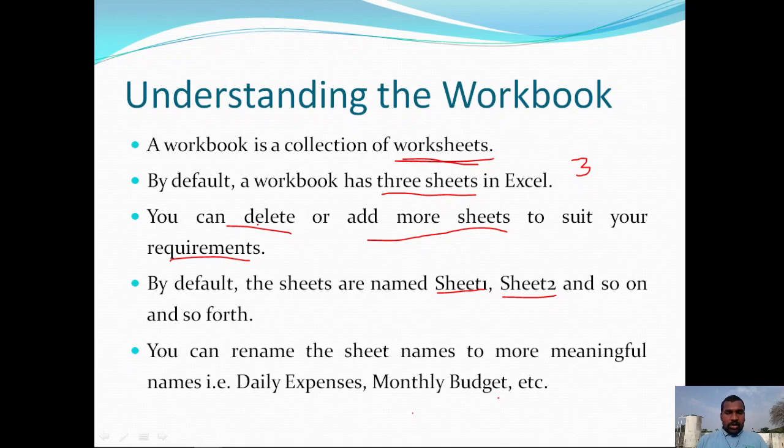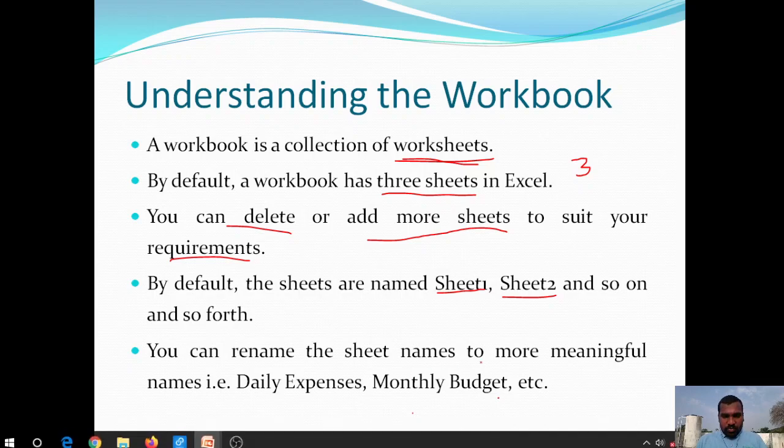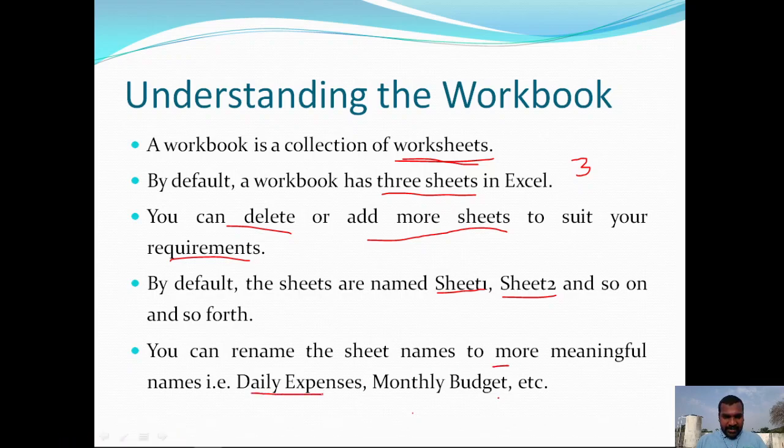You can rename these sheet names to more meaningful names like daily expenses, monthly budget, etc. If you rename Sheet1 to daily expenses, now this name is a meaningful one. By seeing this name we can say that this sheet contains all the daily expenses line by line.